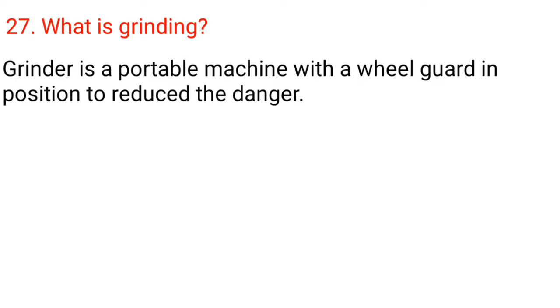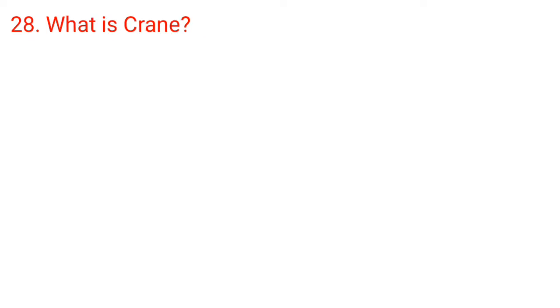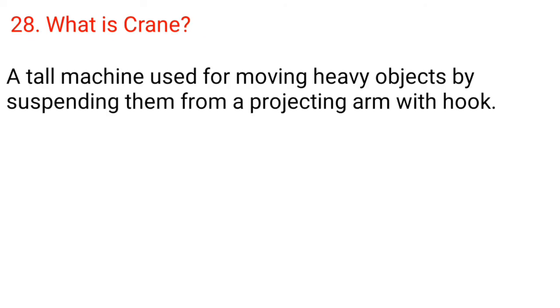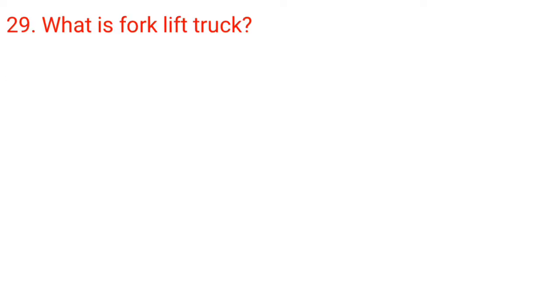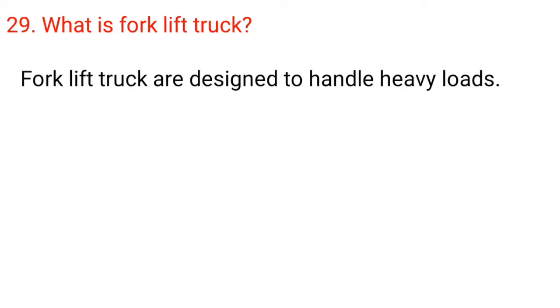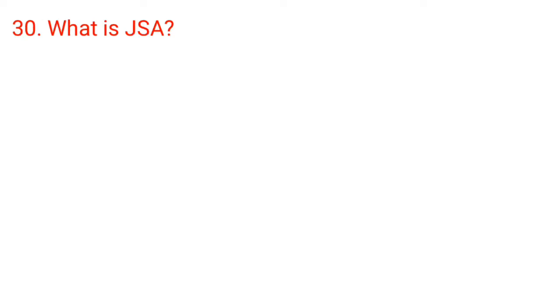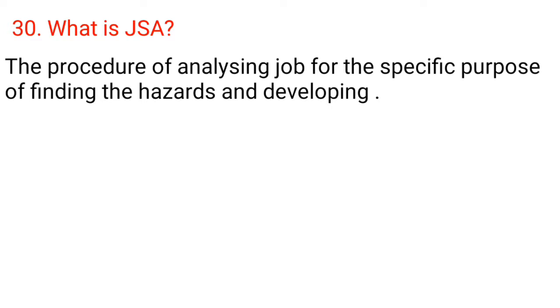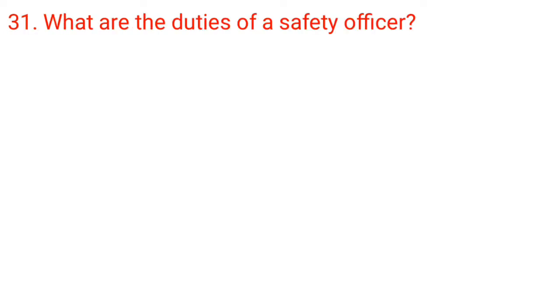27. What is grinding? Grinder is a portable machine with a wheel guard in position to reduce the danger. 28. What is crane? A tall machine used for moving heavy objects by suspending them from a projecting arm with a hook. 29. What is forklift truck? Forklift trucks are designed to handle heavy loads. 30. What is HSE? The procedure of analyzing a job for the specific purpose of finding the hazards and developing